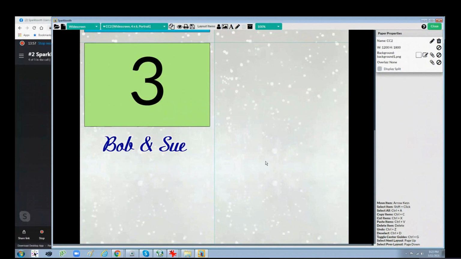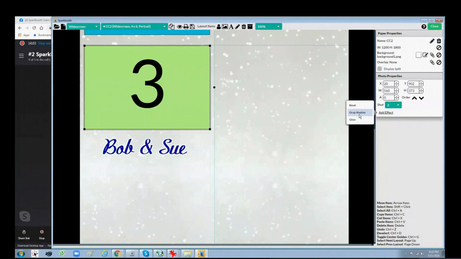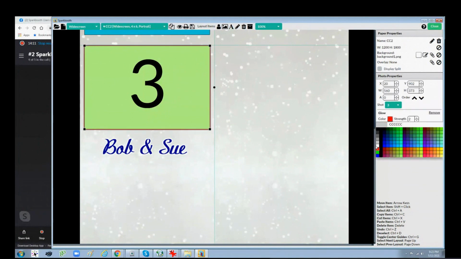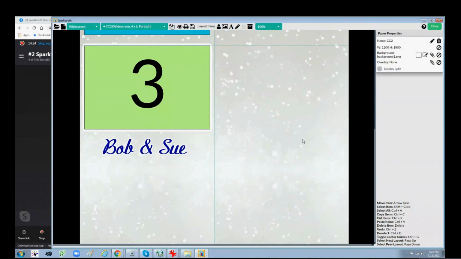Now, speaking of that, if I were to click on a photo box, it also has effects, like drop shadow or glow. And what's nice with that, I can make this glow white and put a white border at 20 and at 10, and now it has a nice white border